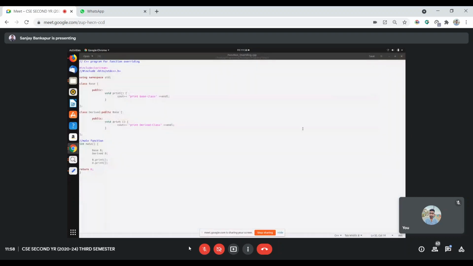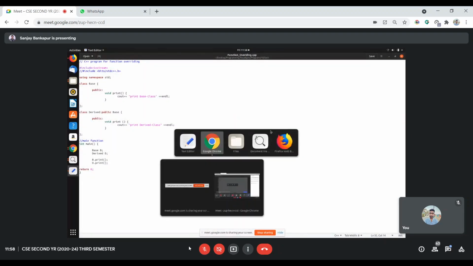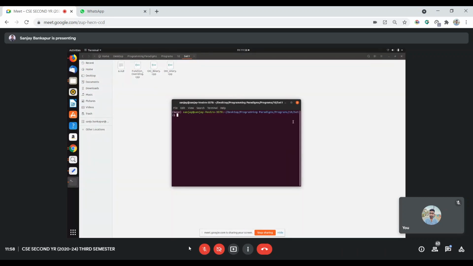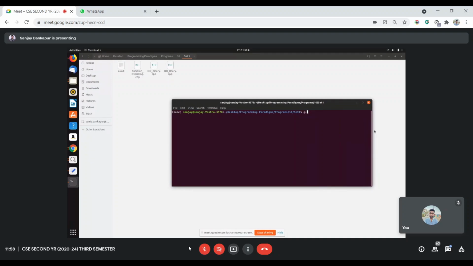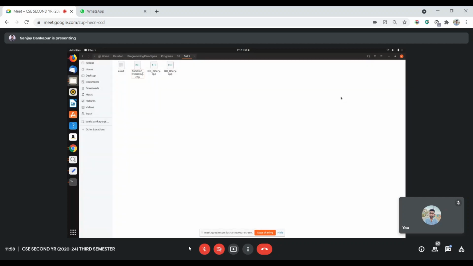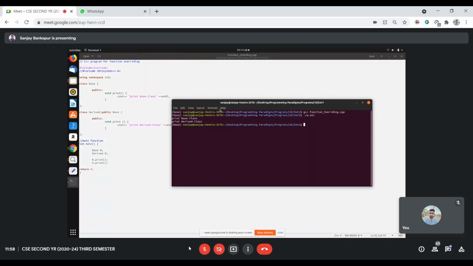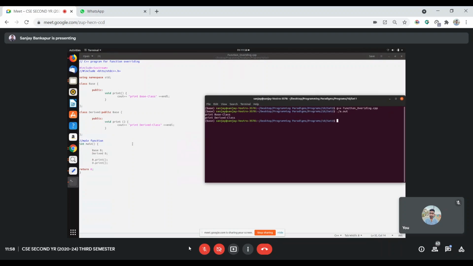So let's see how this outputs. g++ function, dot slash a dot out. So it prints base class, as well as derived class in this case.